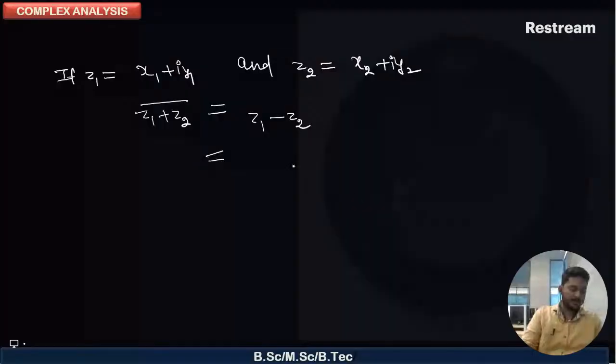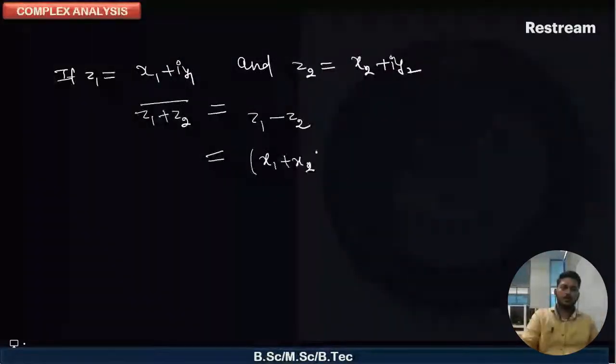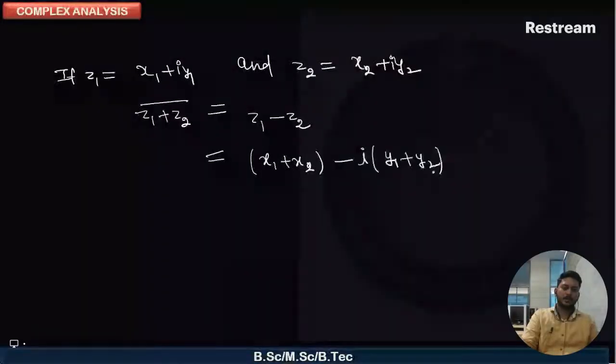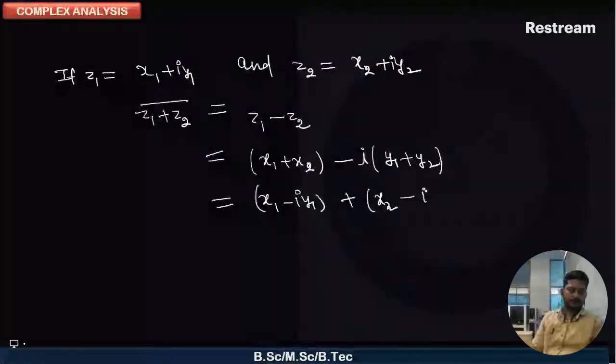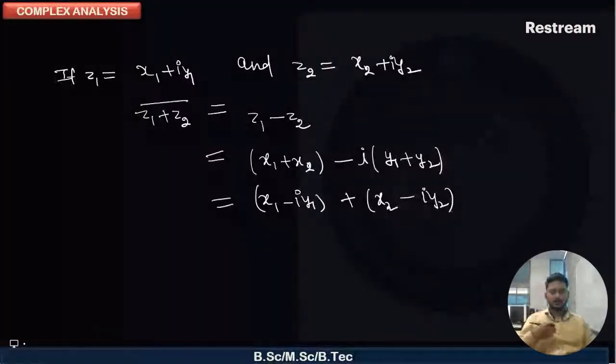Okay, so we write it like this: x1 plus x2 plus iota (y1 plus y2). When you write the conjugate, it is x1 minus iota y1 plus x2 minus iota y2. So the conjugate of the sum is the sum of the conjugates. Okay,